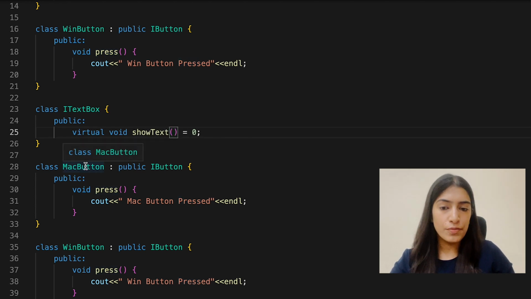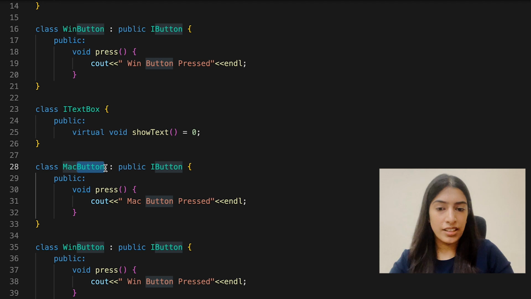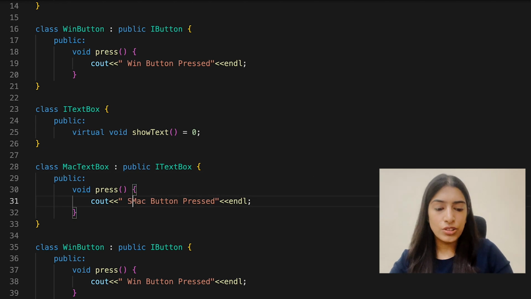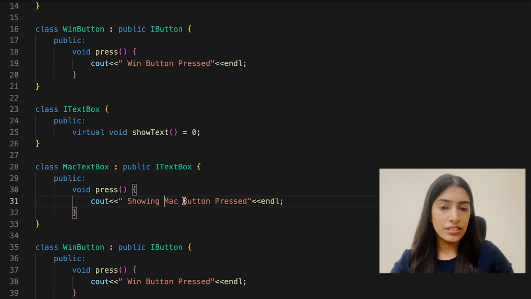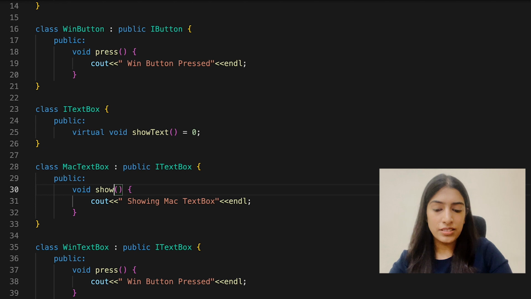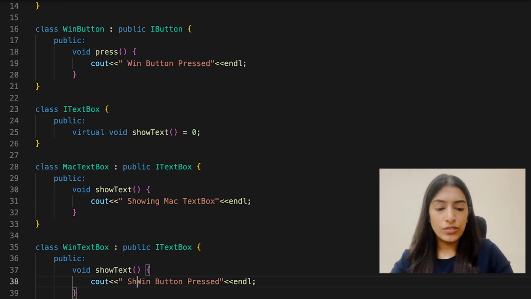So instead of Mac button, it is going to be Mac text box, which is going to inherit from ITextBox, and we are going to say showing Mac text box basically. And similarly here it is going to be a Windows text box, and it is going to inherit from ITextBox, and in this it is going to be show text, and we are going to be showing Windows text